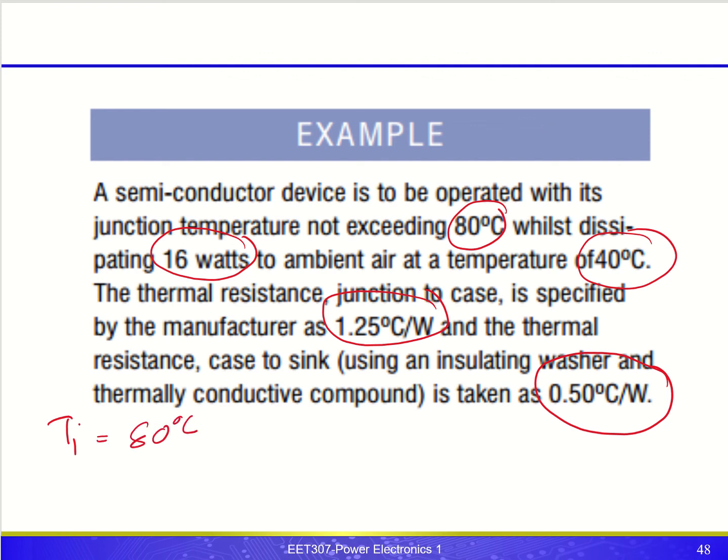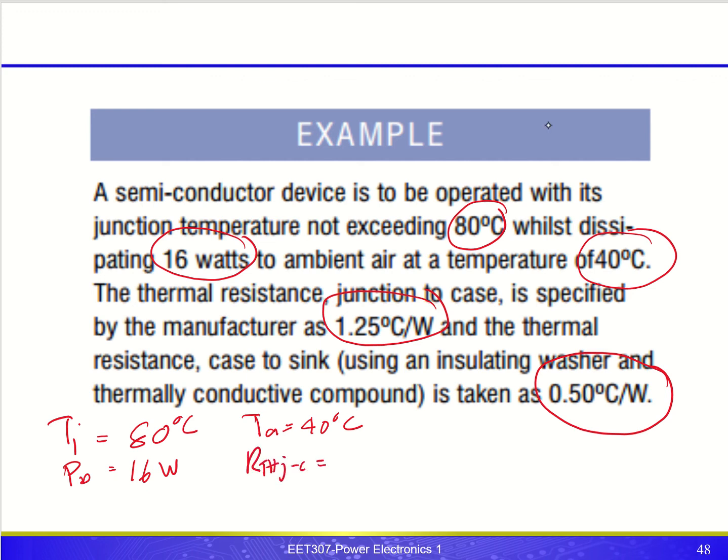And then the second one, the value of PD, power dissipated. And then the ambient air, which is the value of TA, which is 40 degrees Celsius, and then the thermal resistance junction to case, RTH,